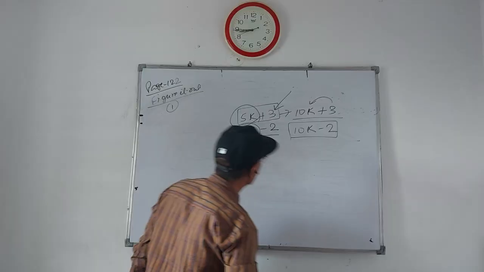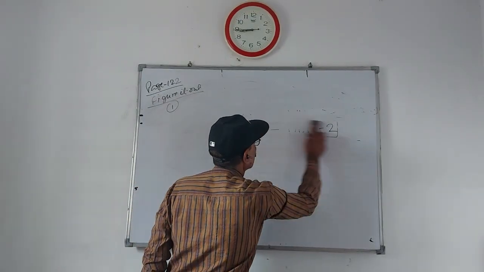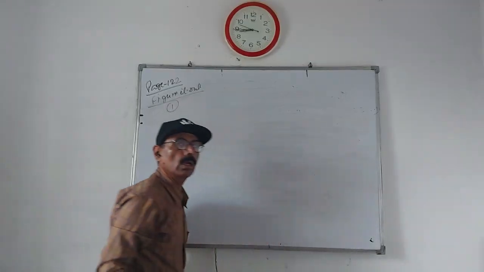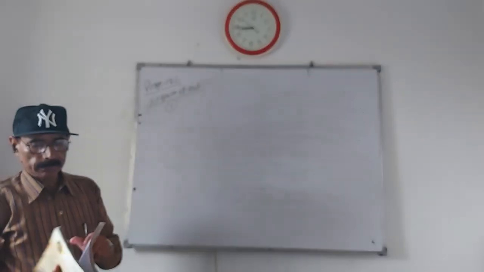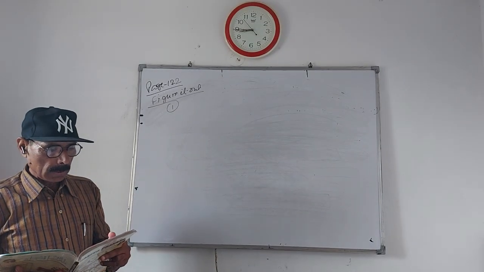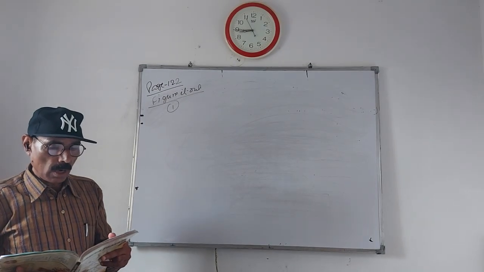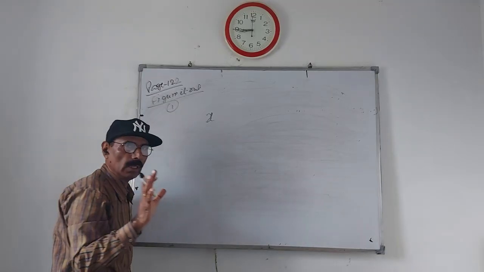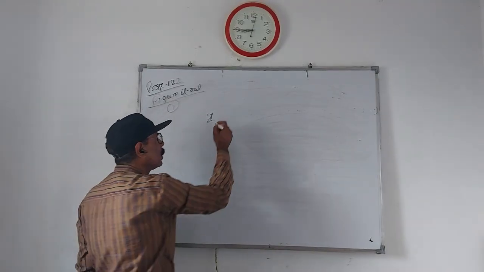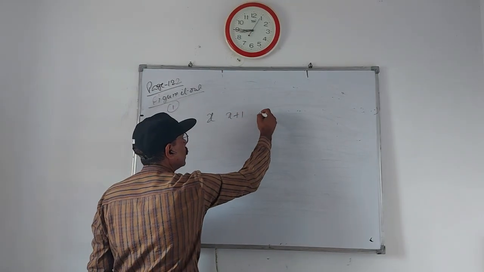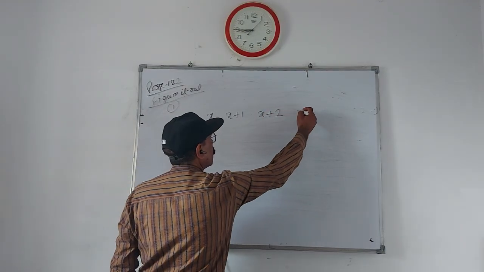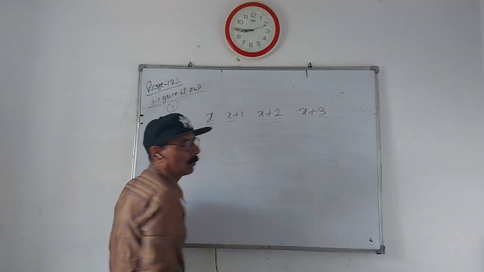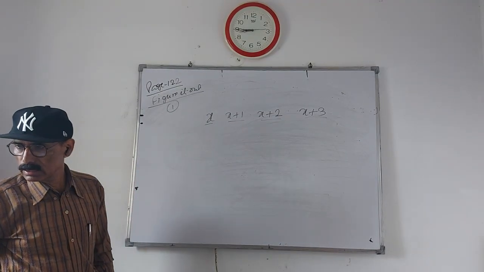Sir, 7, 8, 9, 10. 7, 8, 9, 10, that you know, but how can you calculate this? How can you make this? Sir, P, P plus 1, P plus 2. Let the 4 consecutive numbers be, say, x. The first number let be x. Consecutive means another x plus 1, another x plus 2, x plus 3. Like this, let the 4 consecutive numbers be these.